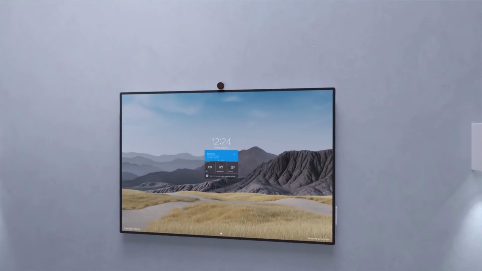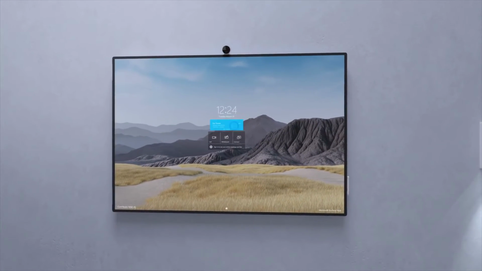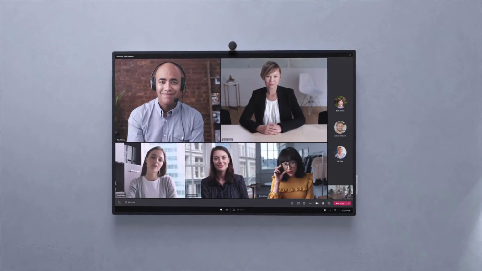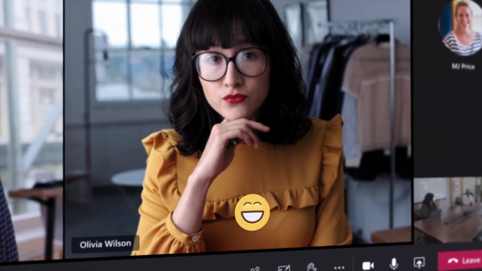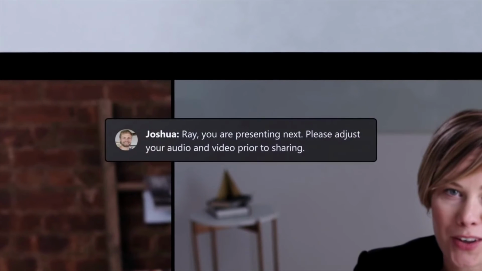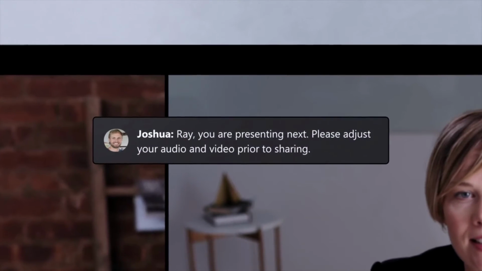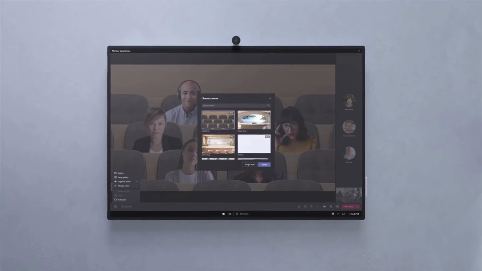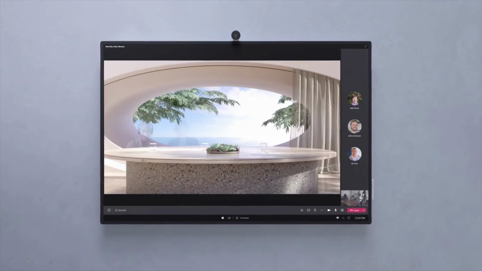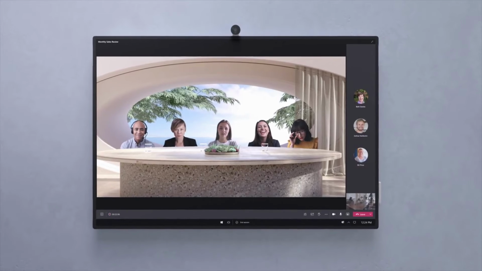For a premium collaborative meeting experience, the new Teams Rooms on Surface Hub allows for boundaryless collaboration on a device purpose-built for teams to meet and co-create wherever they work. The next generation of Teams experiences on Surface Hub brings more of your favorite meeting features from desktop to the meeting room, like Together Mode scenes, which allow for richer experiences and deeper collaboration.